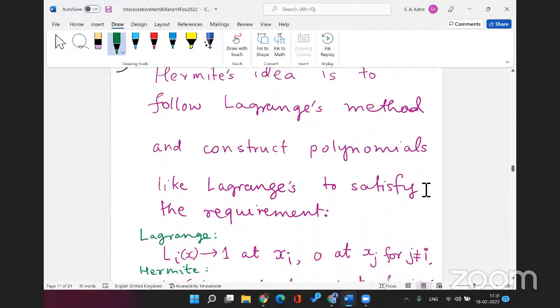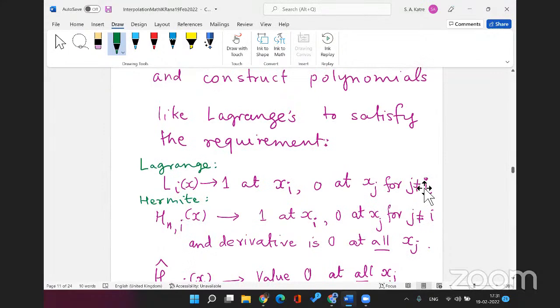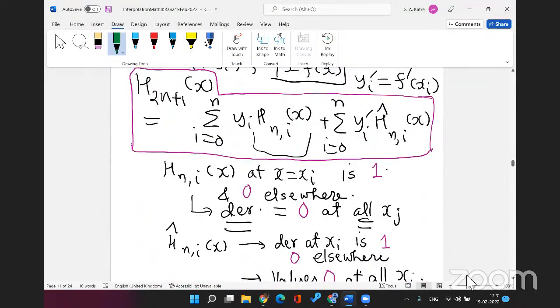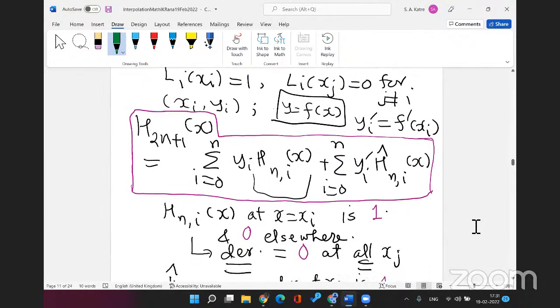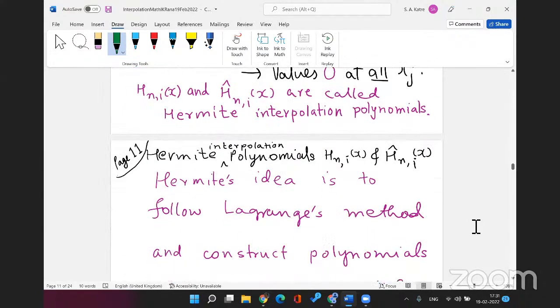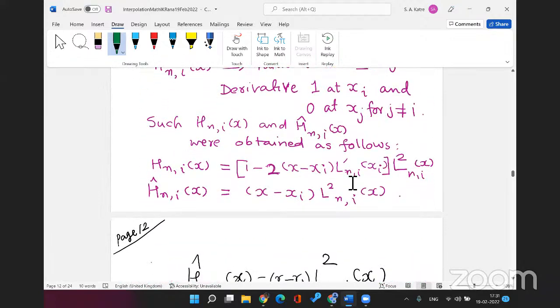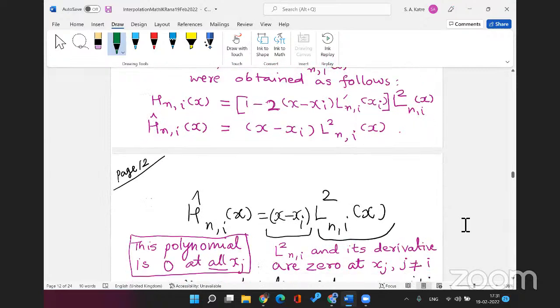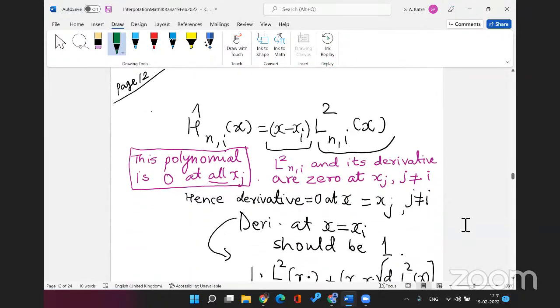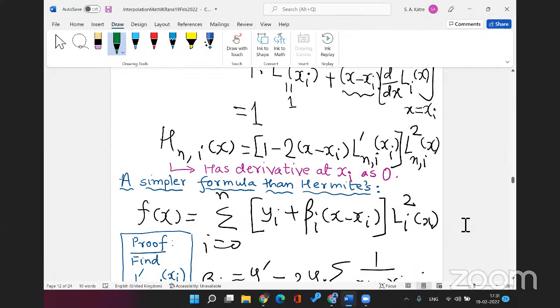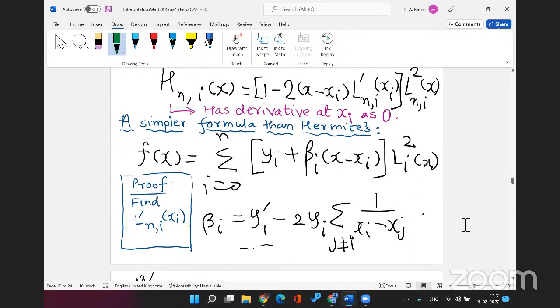And this follows essentially Lagrange's idea. Here you see that the answer is in terms of the derivative of the polynomial L. L is the Lagrange polynomial. And you see that in the formula for H_n, the derivative is involved, and we have to calculate this derivative, which is not actually done here. But if you do that, then you will get a simpler formula. So this calculation you can try to do,